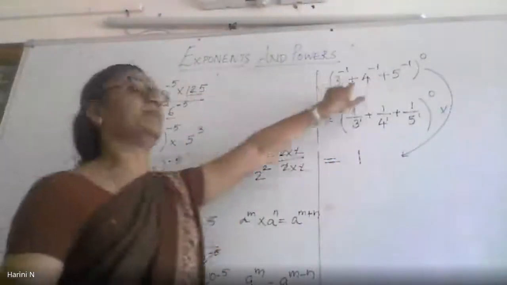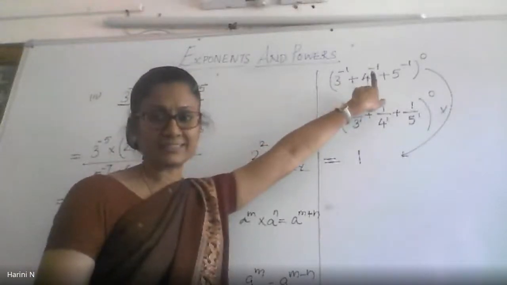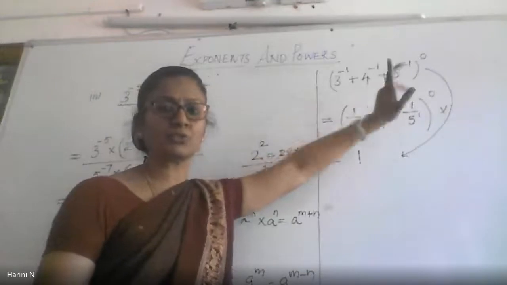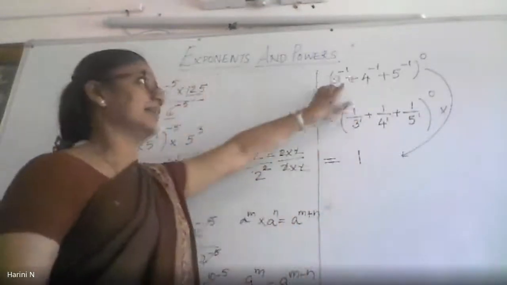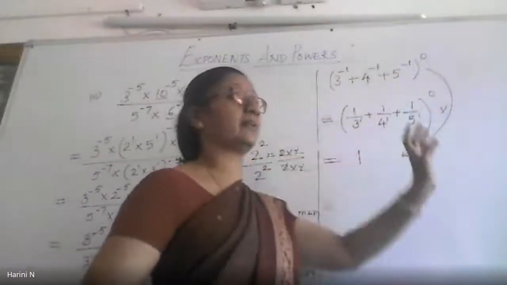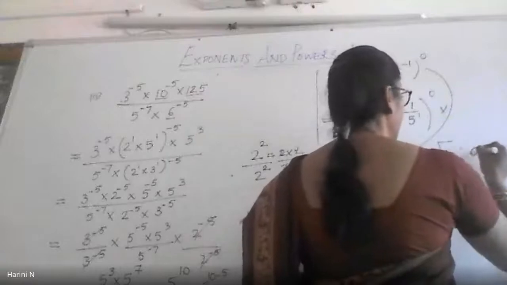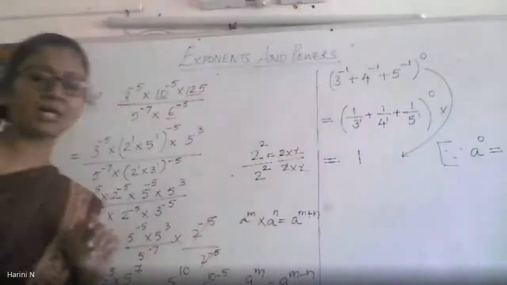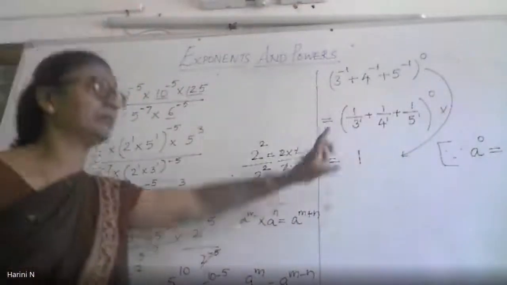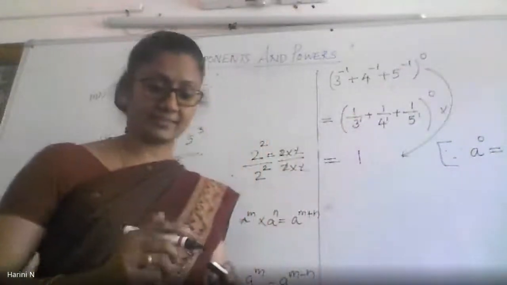So this problem is not eligible for a 4 marks problem. Suppose I give this problem for 2 marks, you must not be surprised. You must simply say, because I know any base raised to the power 0 is 1, directly you will write this. But you have to give the reason: since a to the power 0 is equal to 1. So this is how you will complete such a problem. Please remember, this is a very important result that you should not forget.